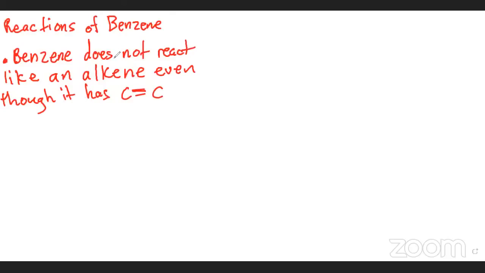All right, so benzene, even though it has carbon to carbon double bonds, does not react like an alkene. Just bear that in mind. That means it will not react with potassium permanganate. It will not react with bromine, just like that. So the two reactions for benzene that we need to know